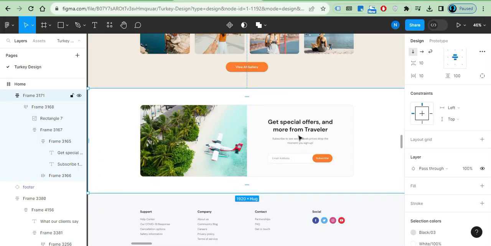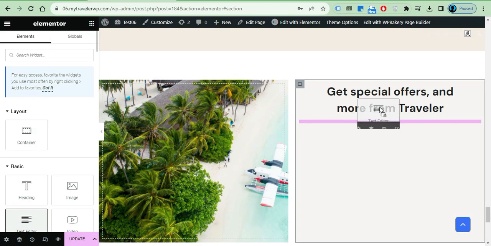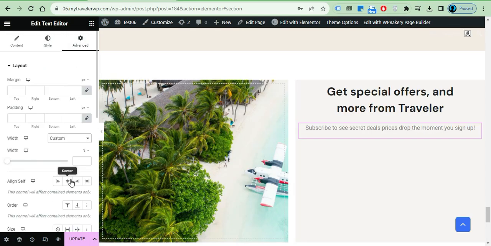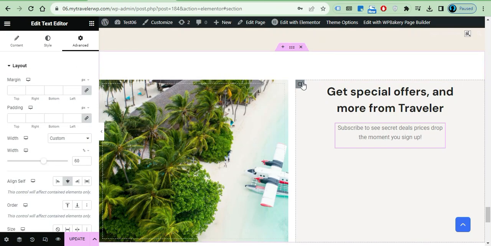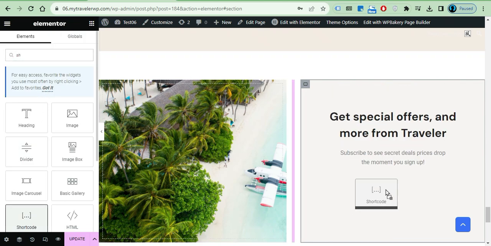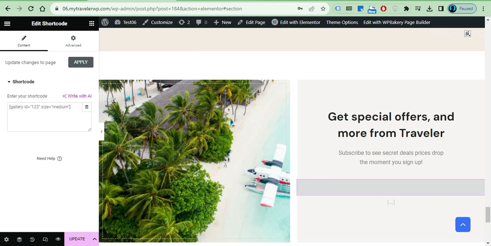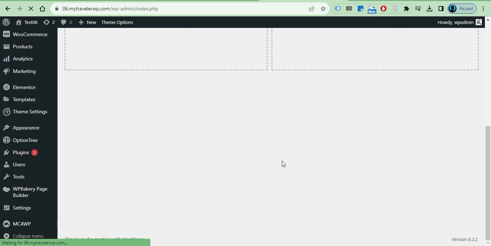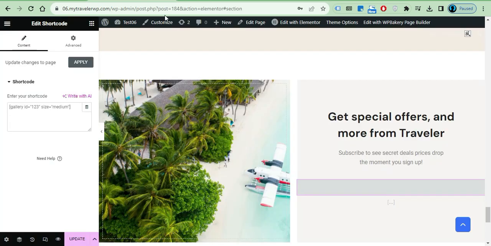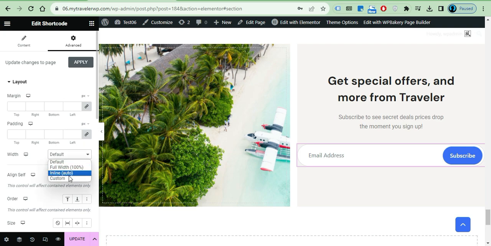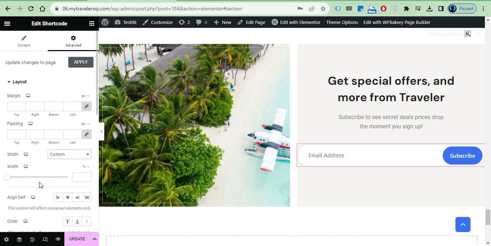And next, we have to add the text and change the typography and the width of the text. And change the top padding of the container. And finally, we need to add the shortcode widget and copy the MailChimp shortcode right here. We can change the width of the email subscription bar, and we see that the image